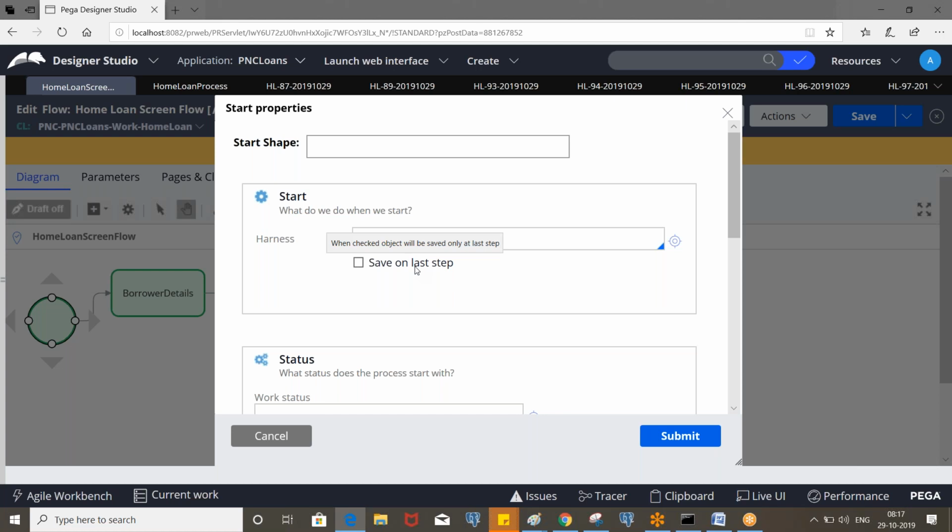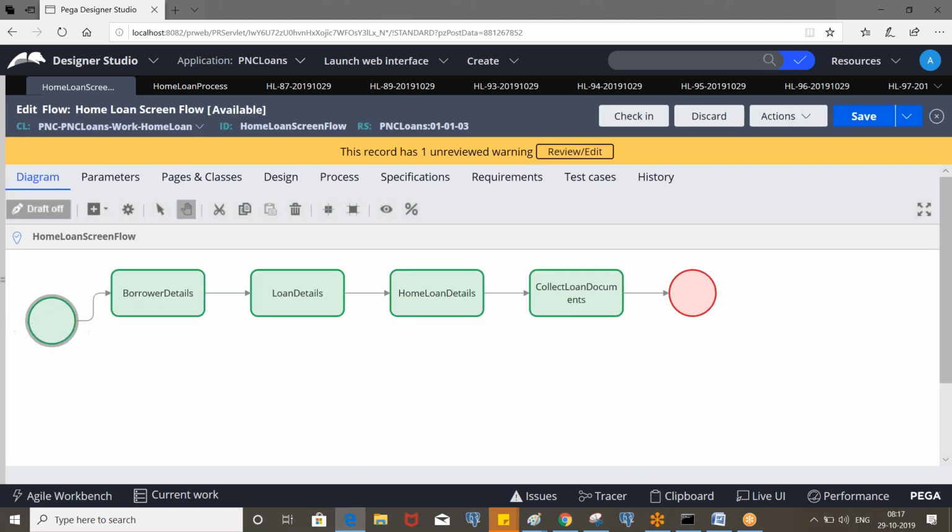So what happens when you click on save on last step, right? By default, as you perform the screens, the data gets committed to the database. But when you select save on last step, the data will be saved only when you click on the finish button. These are very important for interviews. So you can try that.